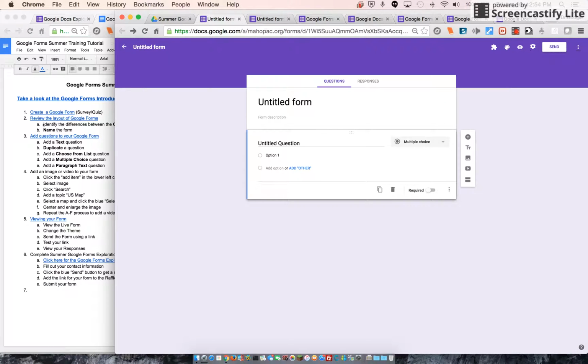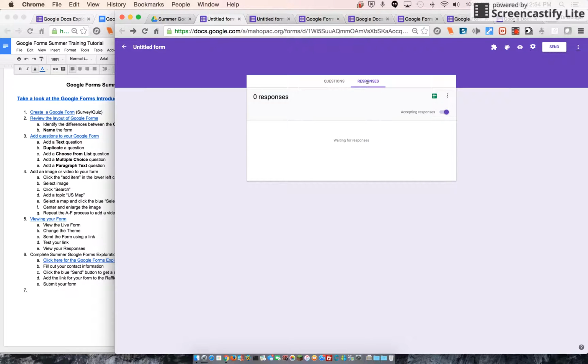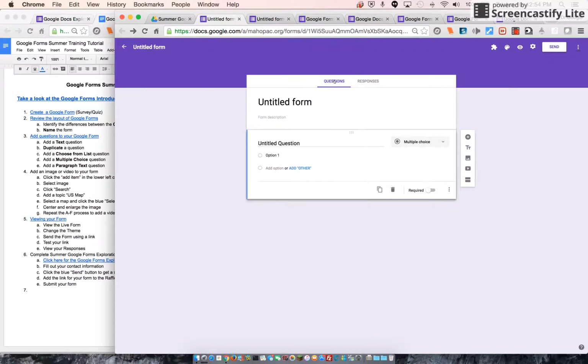And it says, reviewing the layout. Here we have questions and responses, but since we haven't given the form, there's no responses. Here is our creation palette for asking a question or titles or adding an image or a video or sections. And here's already one sample question. But right now we're going to title the form